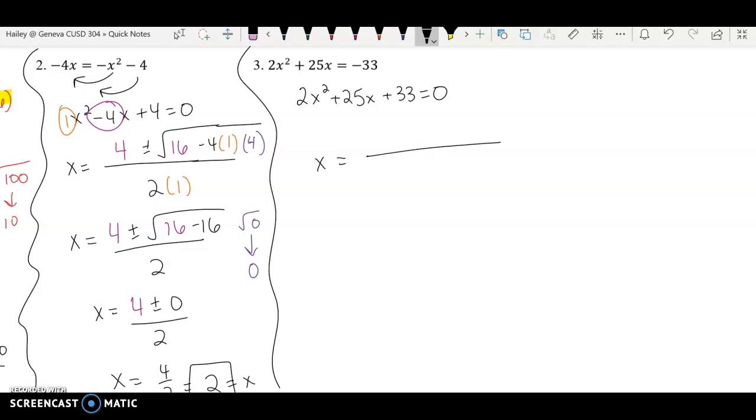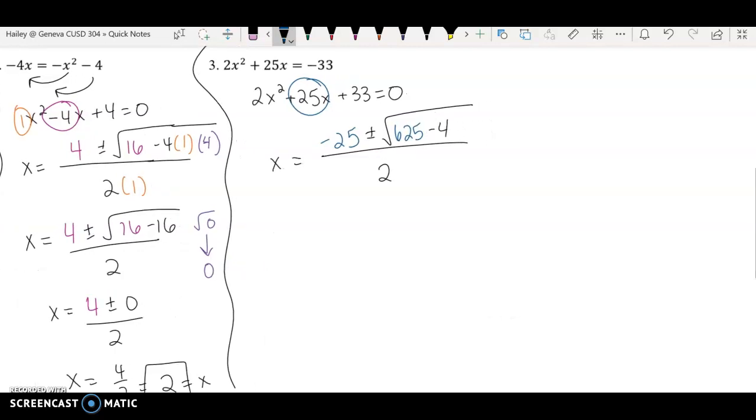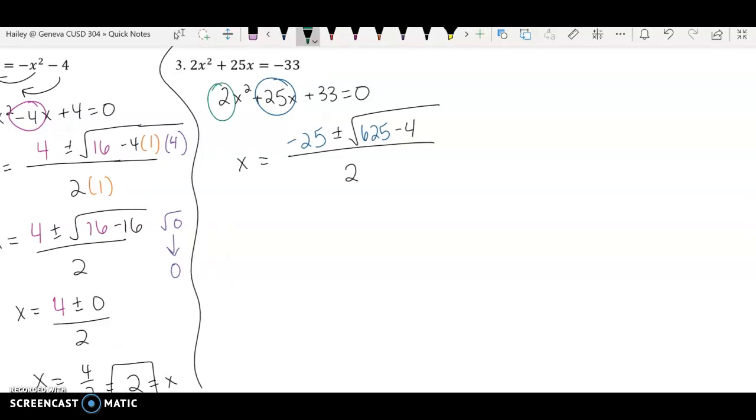So we have x equals, and again, I'm just going to do the stuff that always stays. x equals the opposite of b. b is 25, so we're saying -25, plus or minus the square root of b squared. So we need to know what 25 squared is, and 25 squared is 625. Minus 4 times a, which is 2, times c, which is 33, all over 2a. So don't let it confuse you. Just because there's a 2 out in front, that just means a is 2, whereas our other ones had a